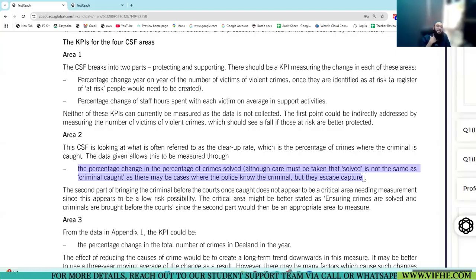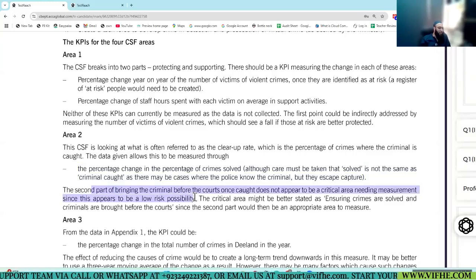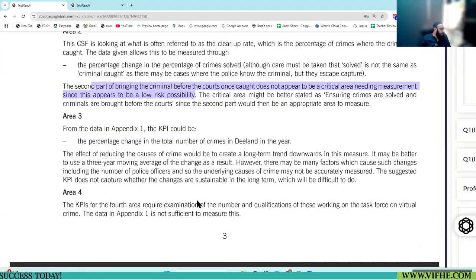Okay? Which means he thinks that this measure is useful but not complete. Useful but not complete. Right? The second part of bringing the criminal before the court was not important, so there is no need to measure it as such, because of that he just confined himself to one measure. This is what the official answer is all about. That's it. Just one measure suggested by the examiner. But you have the option to come up with two. You can. You will get the marks. Okay. Third area.